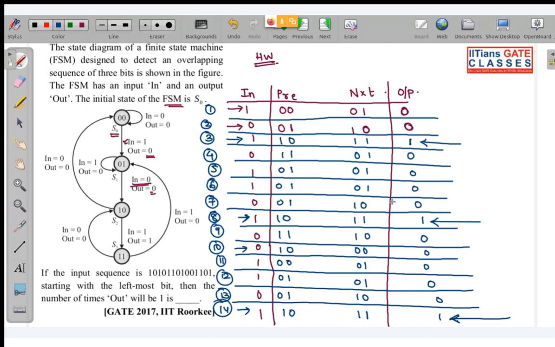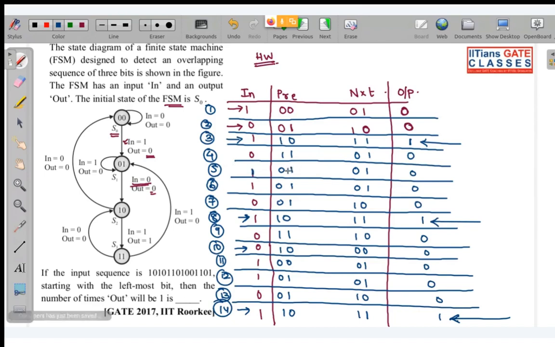At which clock pulse I have made a mistake? 0, 0, 0, 1. At fifth position,